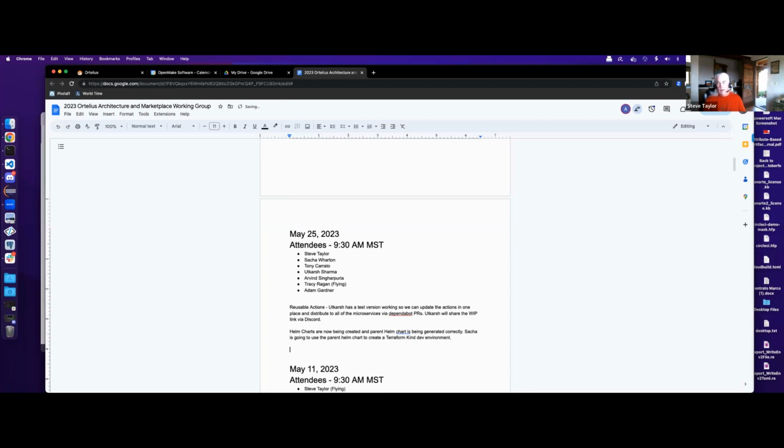All right, and then on that same note, Kat, what do we need to do on the Emporis side to kind of start running everything? Let me give you a little background. Sasha, and a few other folks, have put together Helm charts and Terraform and all that to run Ortelius in a kind cluster, K3s,